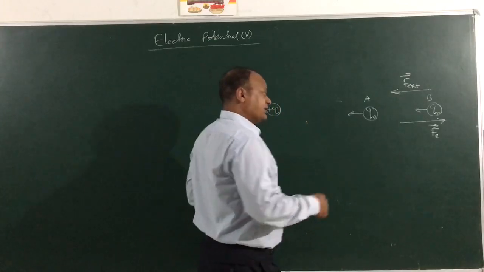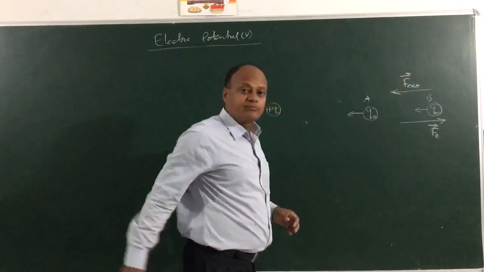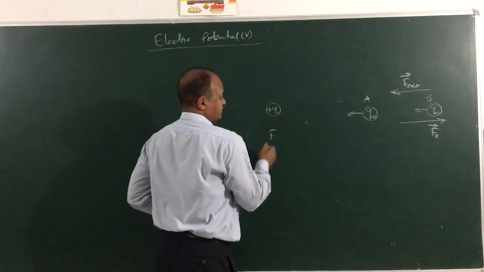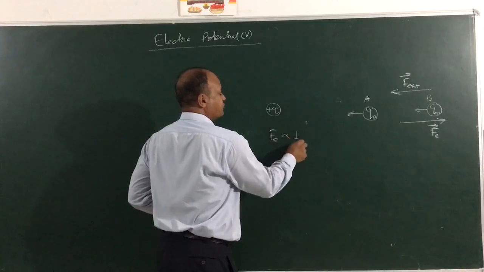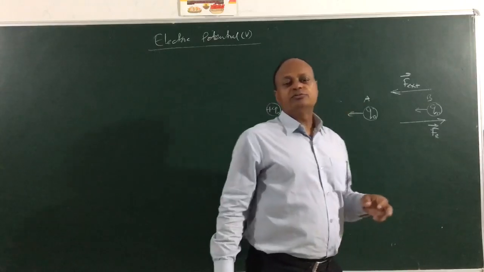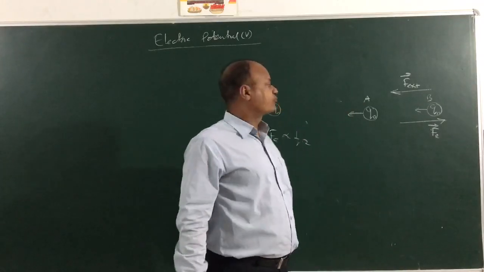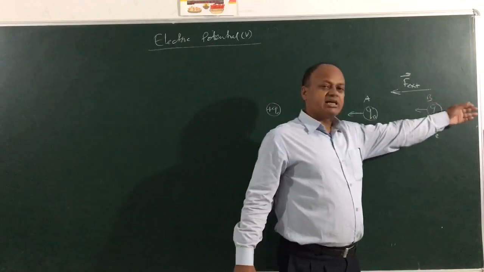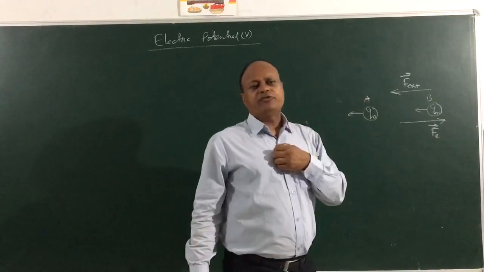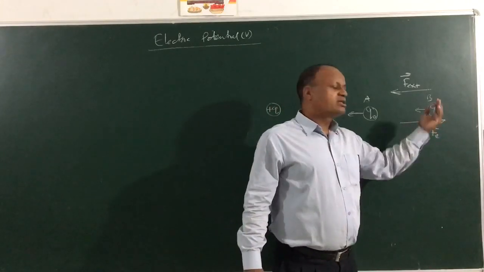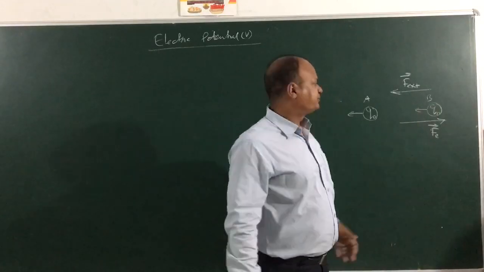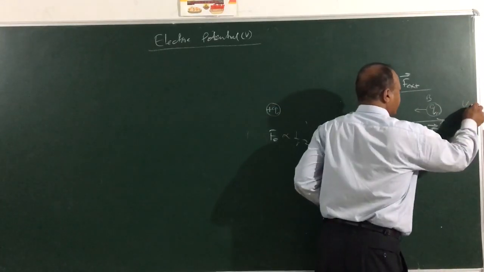Now, as the charge was located at infinite distance, if you go by the property of electrostatic force, it is inversely proportional to r square. If r is taken to infinity, then the force will be 0, and therefore there will be no interaction. So at infinity, before the charge starts moving, I would say that the energy of the charge can be considered as what? 0. Or we can consider a reference energy here, U infinite.